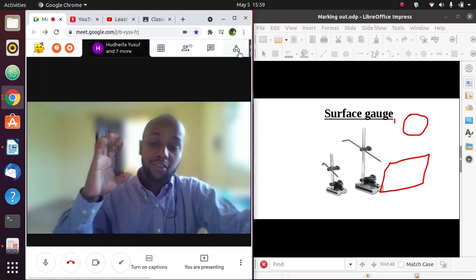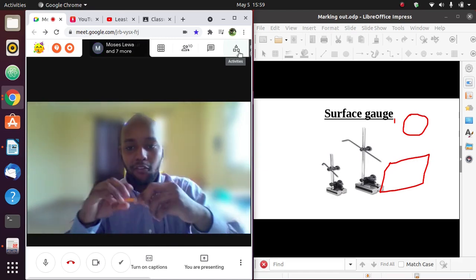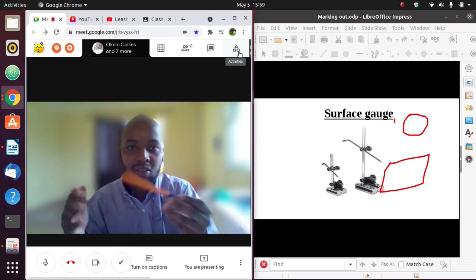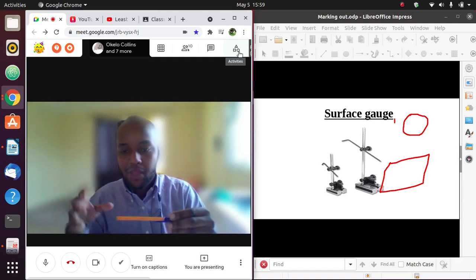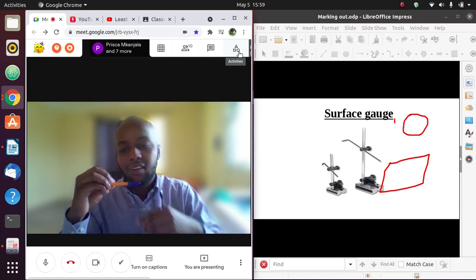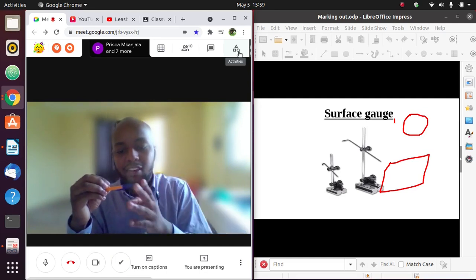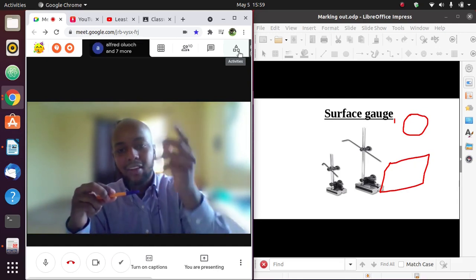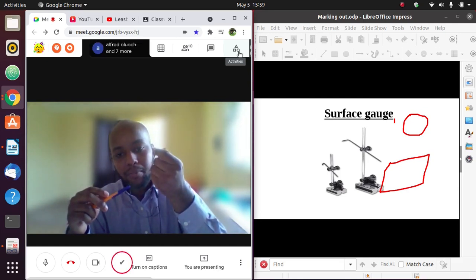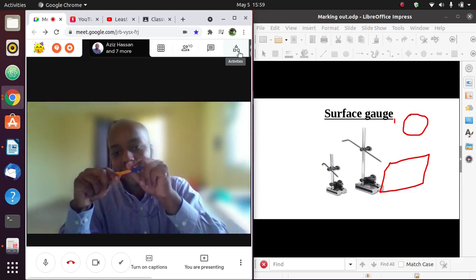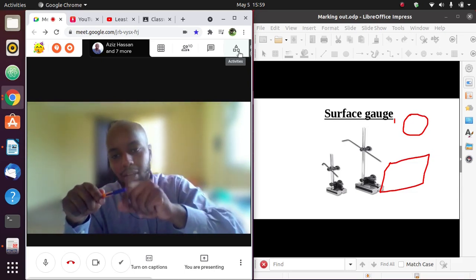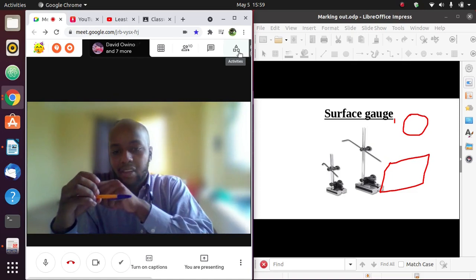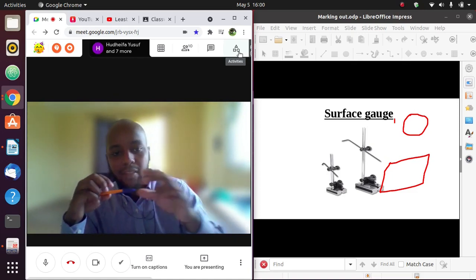Now, if this is my lathe machine and this is my workpiece, when I attach my workpiece on my lathe machine, and for example, my workpiece is, let's say 20 centimeters, I clamp it, and I want to make a marking so that I reduce this from 20 centimeters to, let's say 15 centimeters. I can't just take my scriber and draw. It will be inaccurate. I won't just take my scriber and draw. It will be inaccurate. So what I'll do is I will take that workpiece, measure that 15 centimeters to where I want to cut. Then I will take that surface gauge,